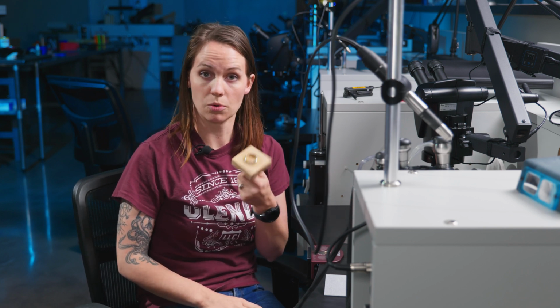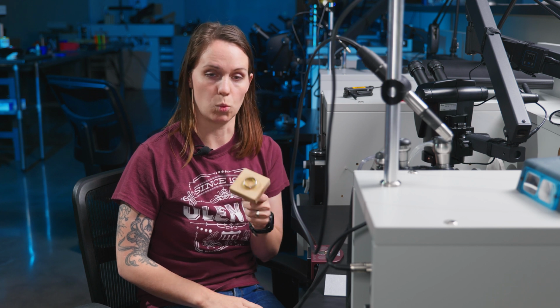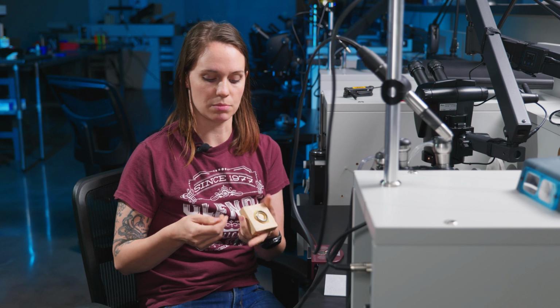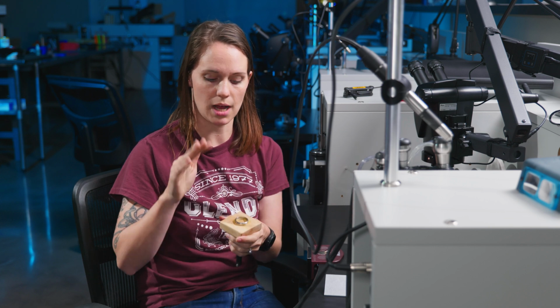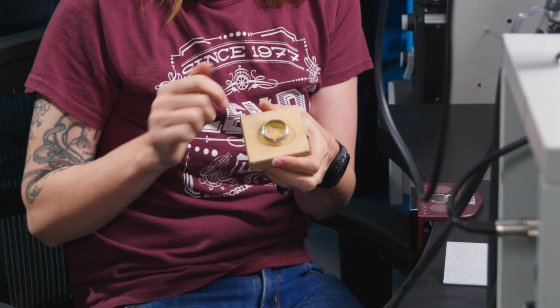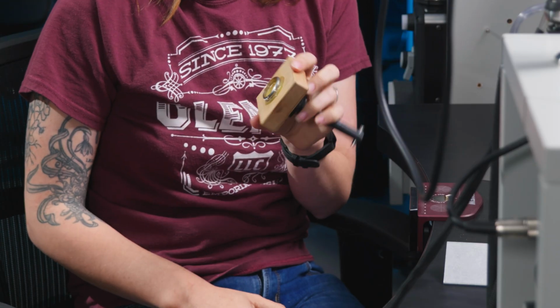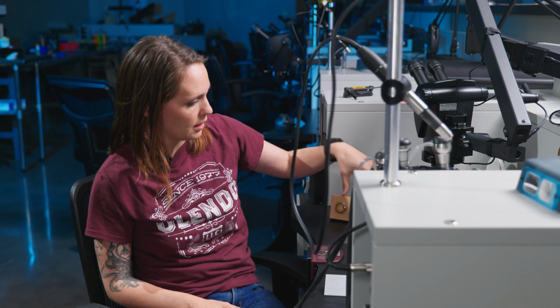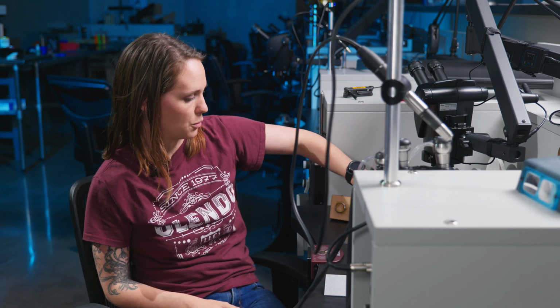Hot glue works really good on wood blocks. This one's meant for the Benchmate, but I've seen people just make tees out of wood blocks, hot glue it down onto the wood block, push your piece down in there. It's another good option. And then the last one that I have for you